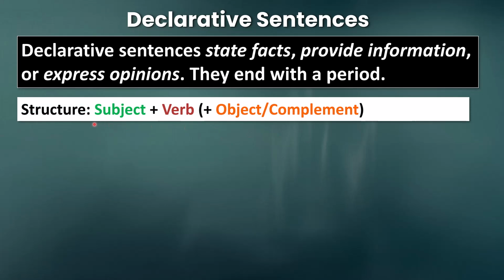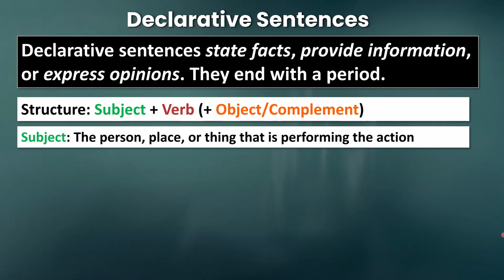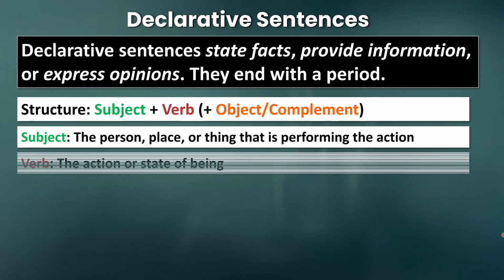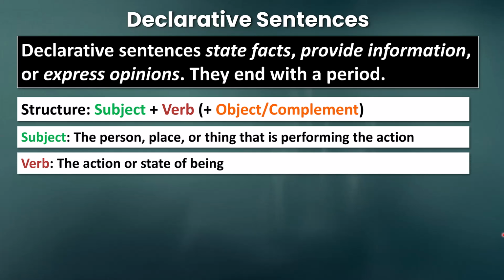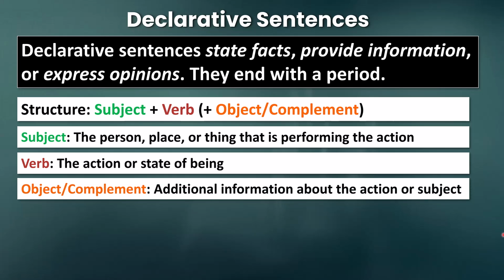So the sentence structure of a declarative sentence is that we begin with a subject and then we have a verb. After that, we may have an object or a complement. So the subject of a sentence is the person, place, thing, or idea that is performing the action. The subject is the doer. The verb is the action or state of being. And then the object or the complement is additional information about the action or subject,